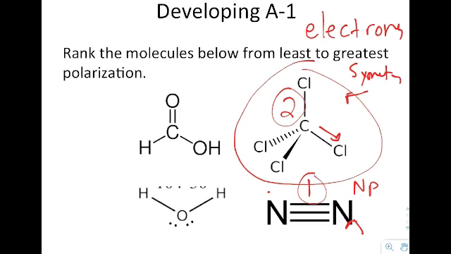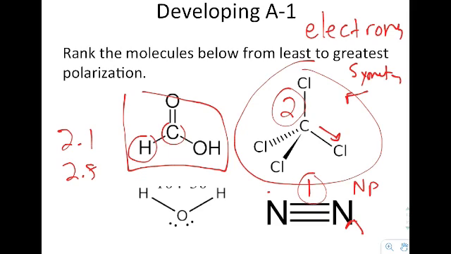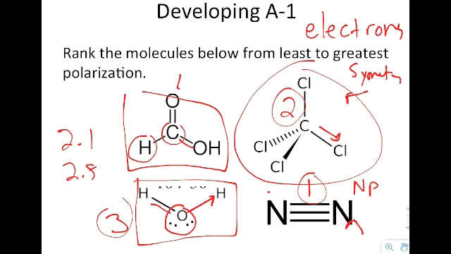Now the next thing that we need to look at is this right here. When you look at this particular substance, you have to decide what's going on. Hydrogen and carbon have roughly the same electronegativity. I think one's 2.1 and one's 2.5, so they're very, very close. So you have to decide if an oxygen interacting with a hydrogen or an oxygen interacting with a carbon is going to produce the greatest electronegativity difference. And it turns out that this one is going to be number 3,